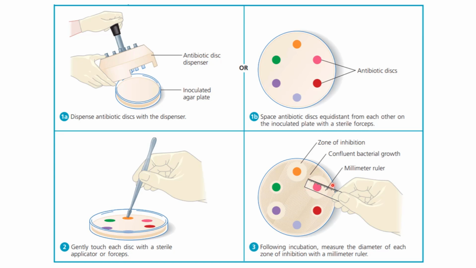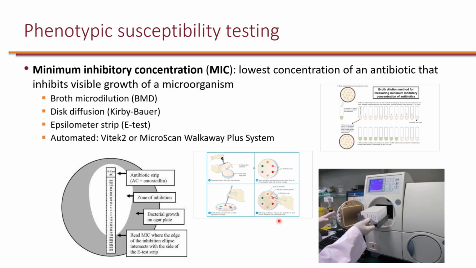You can see this is a circle. They can actually measure the diameter of this zone, because as you can see, some of them have a smaller diameter, others have a larger diameter. The larger the diameter, the more active the antibiotic is. And we'll talk about how to interpret this zone of inhibition shortly. And of course, if it goes through the disc, that means the organism is completely resistant to that antibiotic. So that's disk diffusion. And then another method,